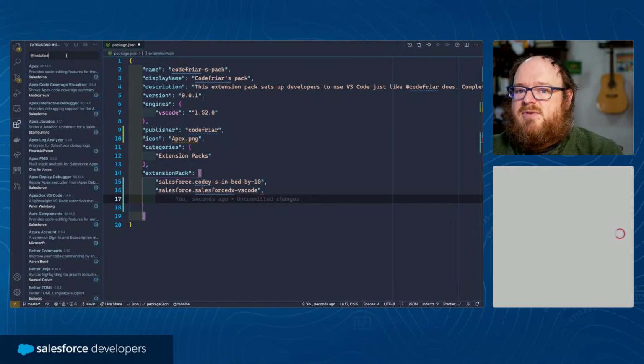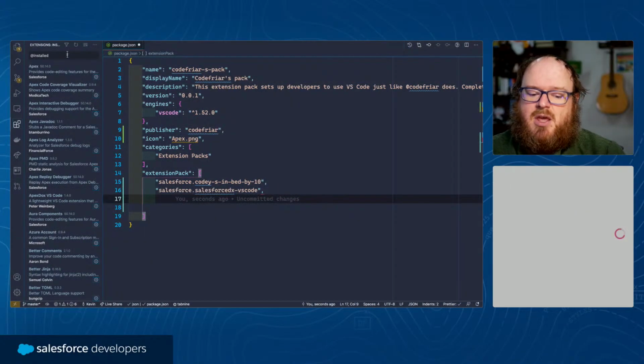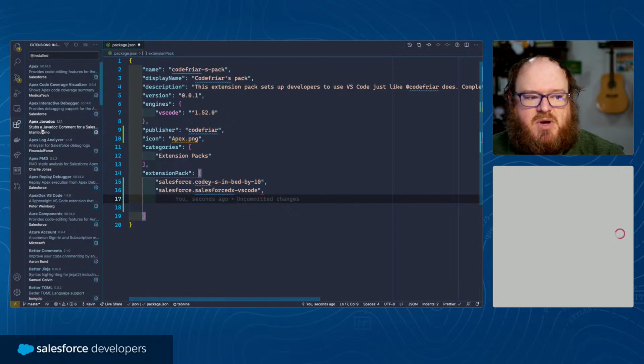If you want to hit me up on Twitter at @CodeFryer, we can arrange a talk and maybe ferret out exactly what it is you want to see implementations of, and then maybe you can join me and we can work on it on a Code Live. I think that'd be fun. Love doing some CI and CD work. But for right now, let's go back to building our extension pack, and I've installed all the ones from Salesforce